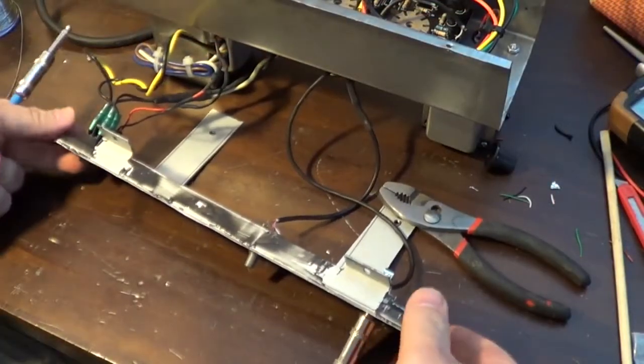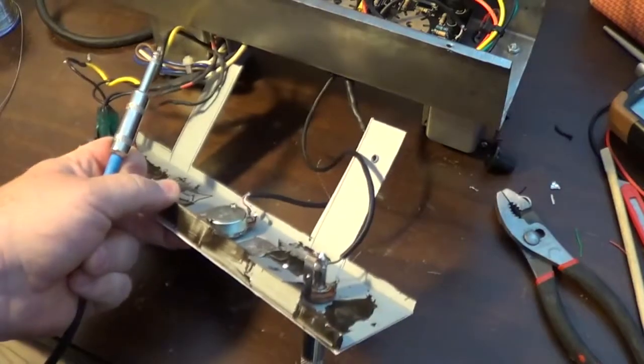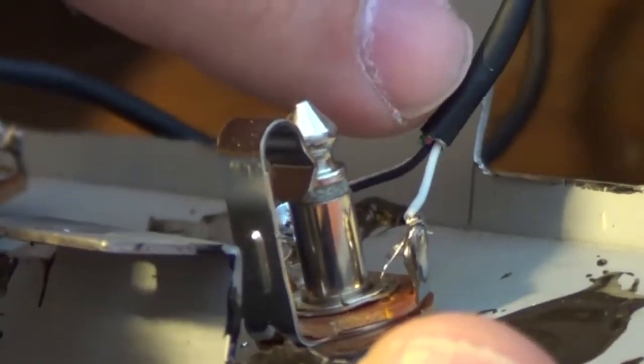Okay, so I got the jack put back on here and resoldered. I don't know how easily you can see it, but I got the white lead back onto the tip, and I also got the black lead and the lead that has the foil around it, the non-insulated lead, done up to the sleeve on this thing. You still have microphonics, but the good news is when I turn it all the way down, it's now completely silent, which is good. And when I crank it, well,